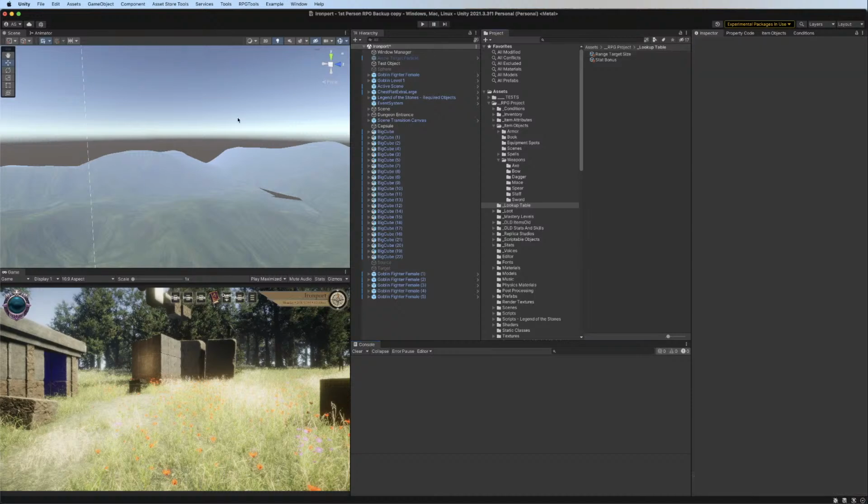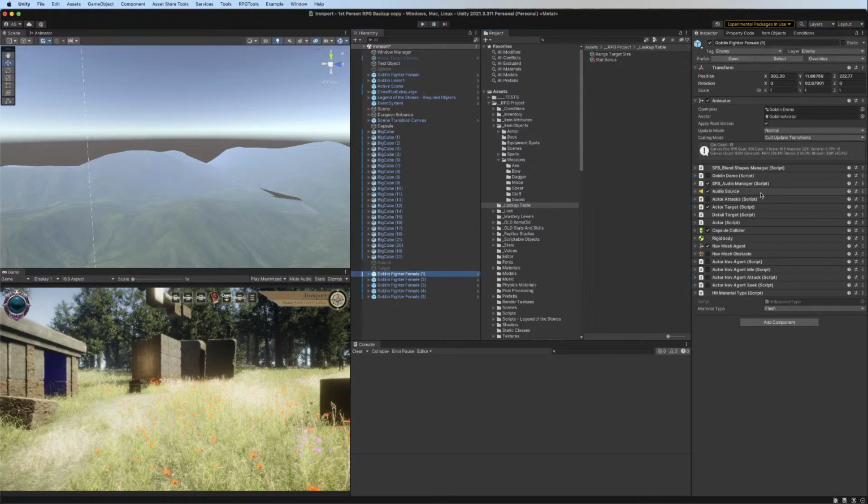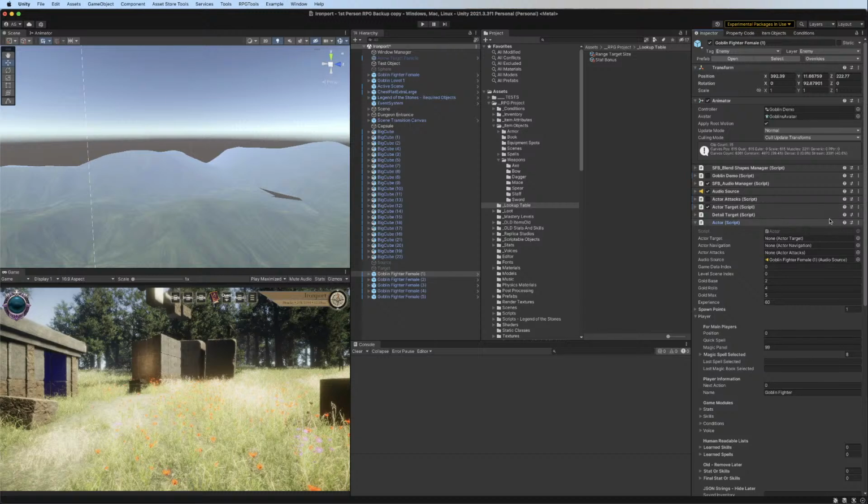So what were we doing? Oh yeah, stats on the bad guys. I think I'm going to end up having to refactor all this. If I go to my actor, there are these actor nav metrics, all of these things from a while ago that I'm going to end up redoing. Where is my actor? Oh, it is there. It didn't have the toggle next to it, so I didn't even see it. So this is my actor